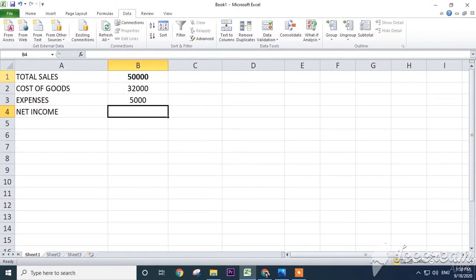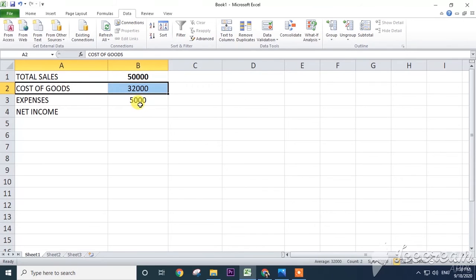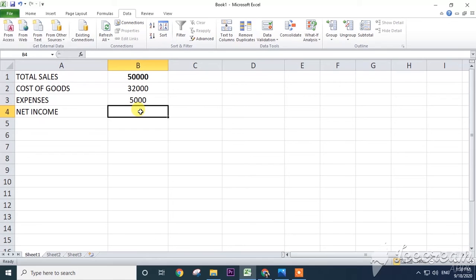Yeah, look here. Now see, I typed total sales 50,000, total cost of goods is 32,000 that I am purchasing, expenses is 5,000. Now how much net income am I getting here?